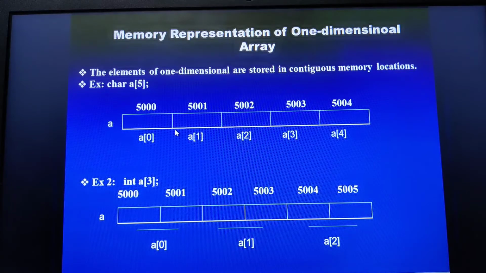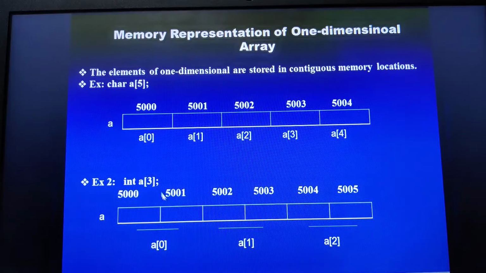This is how I was explaining in this particular slide that this particular array is holding a total of 5 bytes. So how is it 5 bytes? Whatever element we may store in this particular array, each element will have a total size of 1 byte. So we have 5 elements, in the sense 5 bytes. This is how you need to calculate the total size of this particular array.